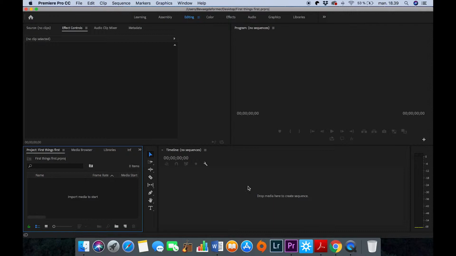So here we have the project window. All of our media will be contained down here. You have a bunch of places to get lost in, but for now just know that from the factory setting of this software, here is where our media is located. We'll get into that in a short bit. The last part of it is our source monitor, effects control, audio clip mixer, stuff like that.